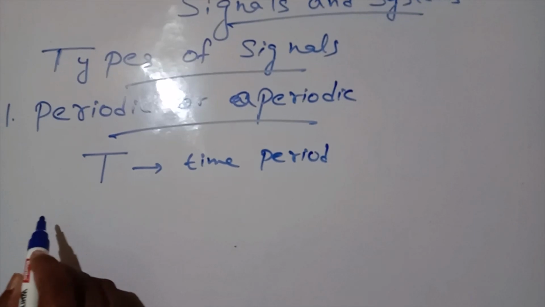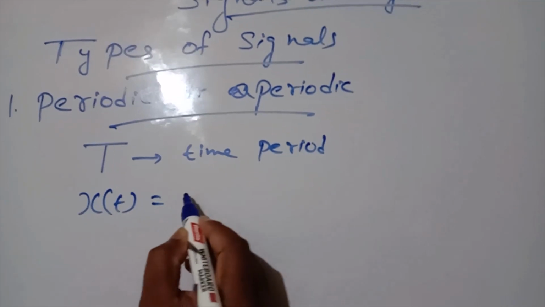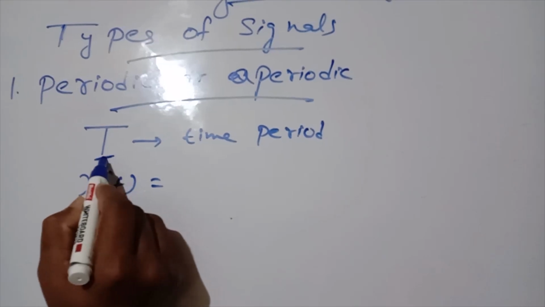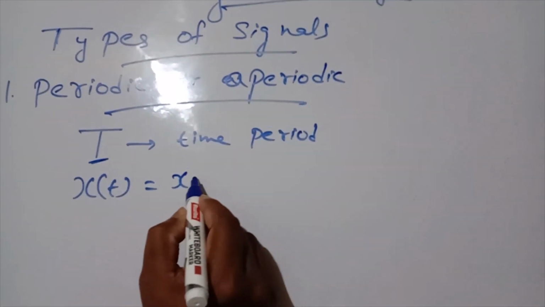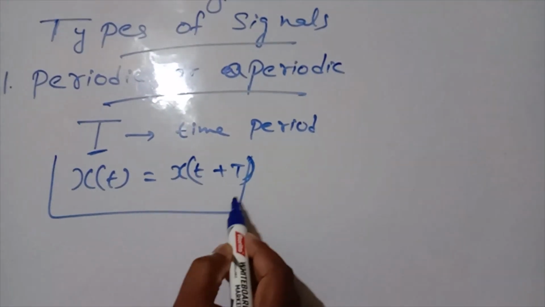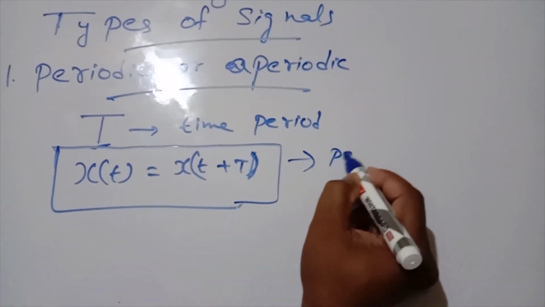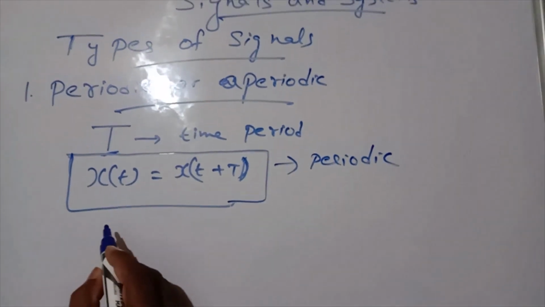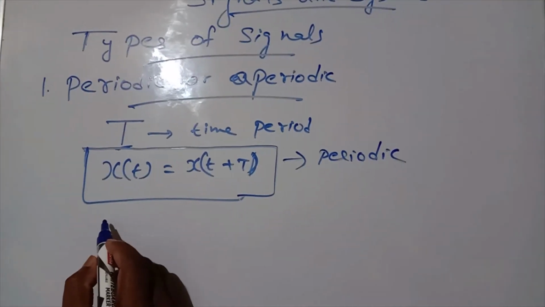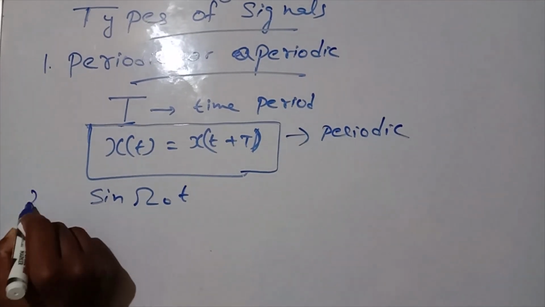A continuous time signal x of t is said to be periodic if and only if it will repeat after every positive value of time period. So we can write it as x of t is equal to x of t plus capital T. A continuous time signal satisfying this condition is said to be periodic. Otherwise, it is aperiodic. For example, if we consider a signal sine omega 0 t, let it be x